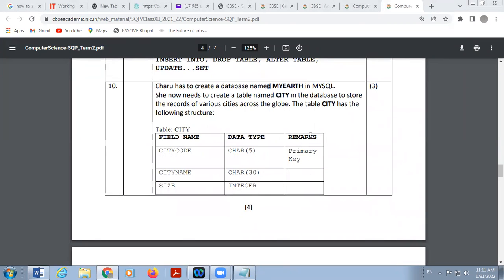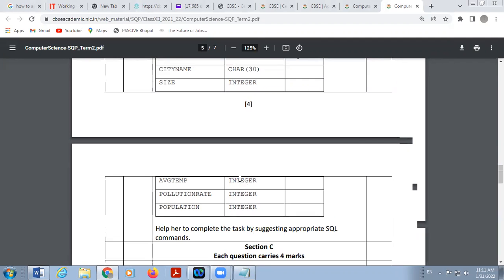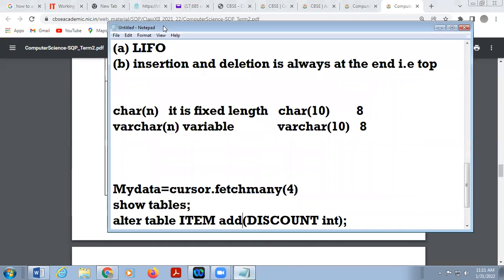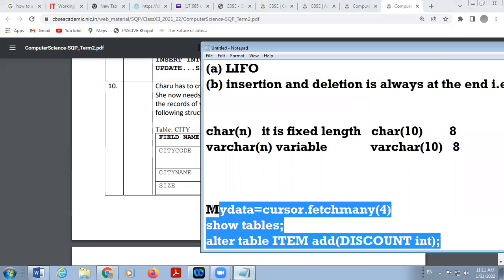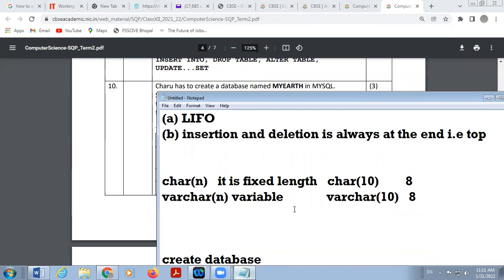Here is one table, city is given there, there are some fields there. Help her to complete the task by suggesting appropriate SQL command. तो हमने यहाँ पे एक डेटाबेस बनाना है, तो डेटाबेस के लिए simply there is one command here, CREATE DATABASE, name of the database is my earth,